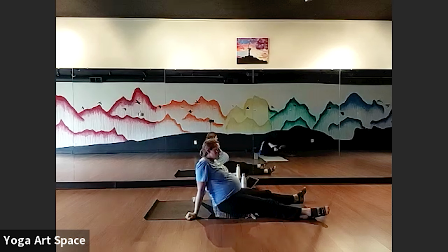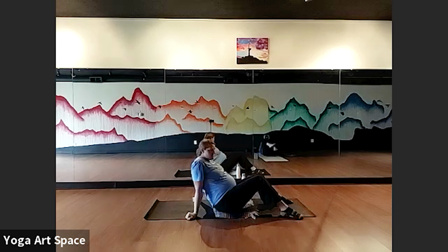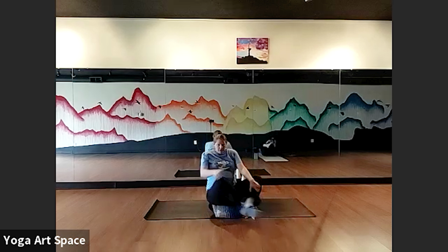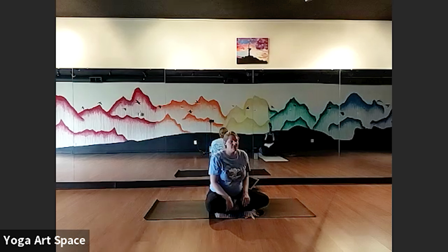This could be legs straight. This could be feet planted, knees falling into one another. If there's any last movements you need, that's also fine, like normal. Take whatever time you need. But eventually, when your mind gets in that state, ready to just relax in Shavasana, think of breathing in a